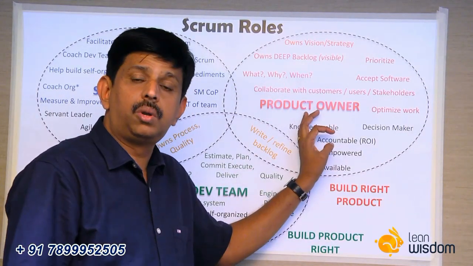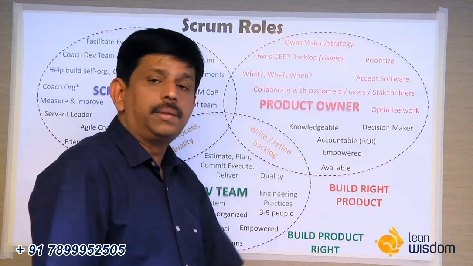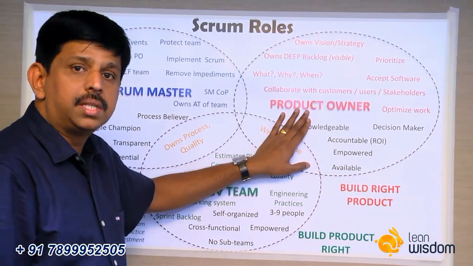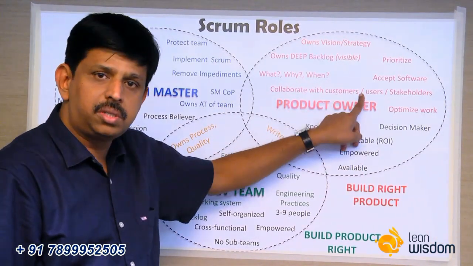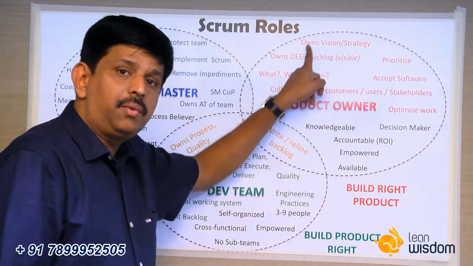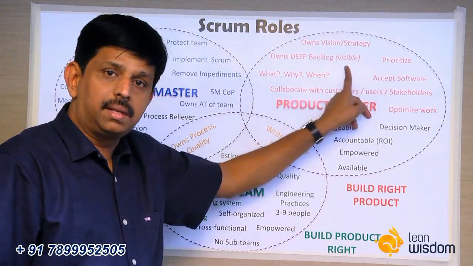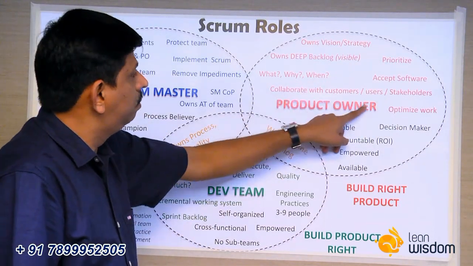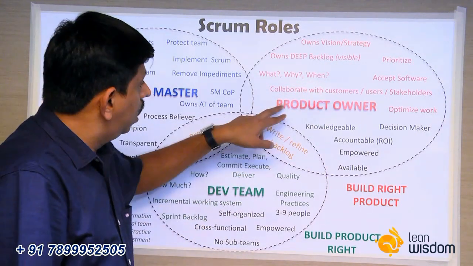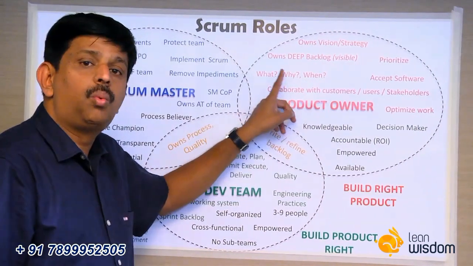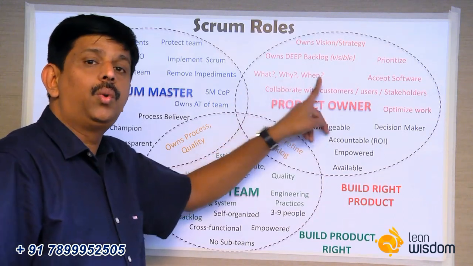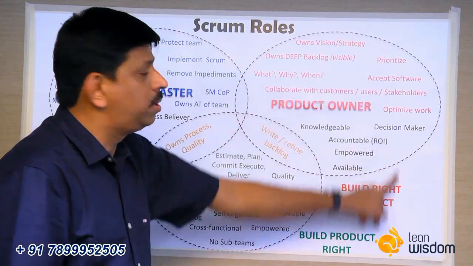This is one of the very crucial roles in Scrum. This is a person, he or she, who is responsible to interact and collaborate with customers, stakeholders, users, everybody, and build a product vision and strategy, having a clear roadmap, release timelines and release backlog, and then really build the product. Help the development team build the right product. So the product owner is responsible for the what, why, and when. What is the product that we need? Why do we need these features? When do I need to release? This is the responsibility of a product owner.